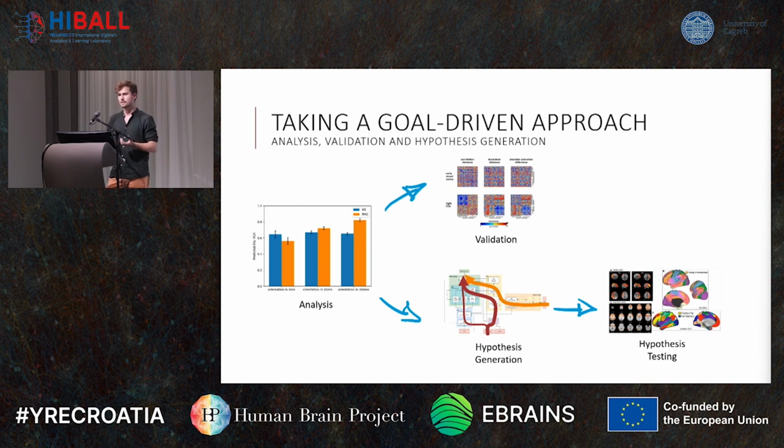By looking at the representations, we can also conduct things like representational similarity analysis in order to validate our model against human data from neuroimaging. And given sufficient validation, we can then generate new hypotheses, for instance, by analyzing the dynamics in the network or the transformations between representations. And given these new hypotheses, we can then design new experiments in order to test them and thereby ultimately, hopefully, understand more about how the human brain